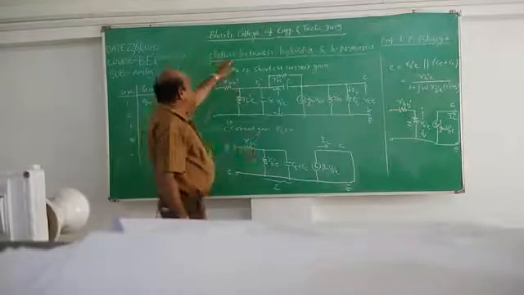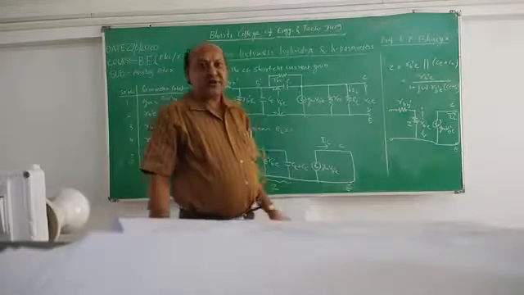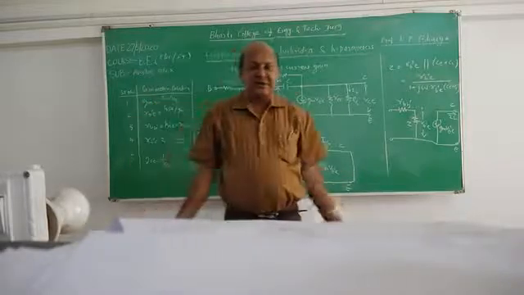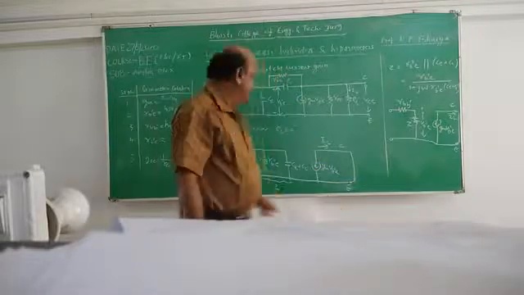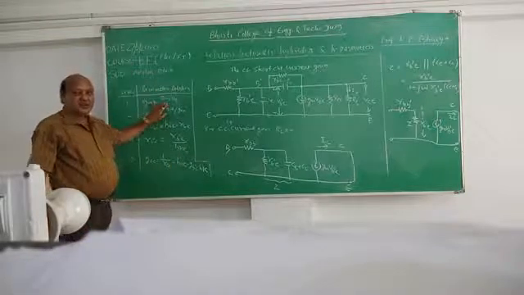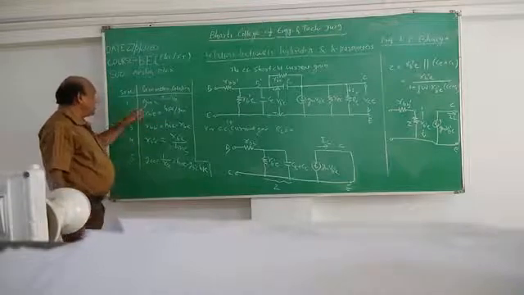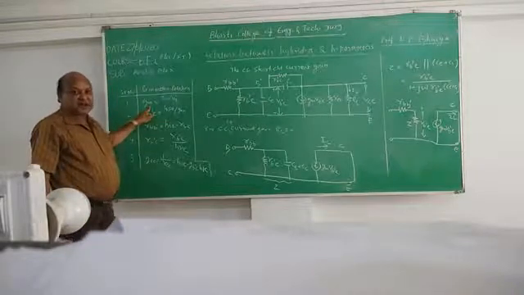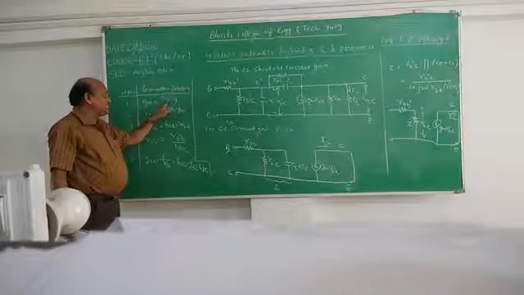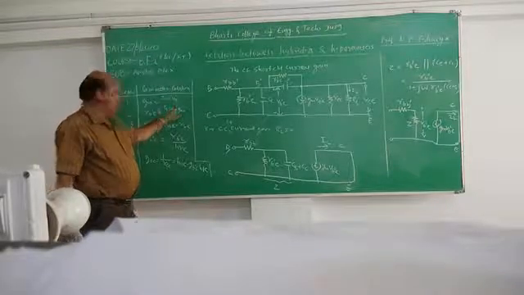The article is the relation between hybrid pi and H parameters. We have already seen the different parameters and relations. You can observe the table given here, which gives the relation between the H parameters and the hybrid pi model. Number one is gm, the transconductance in the hybrid pi model, which is equal to IC by VT: collector current, the output current, upon VT, the temperature equivalent voltage.